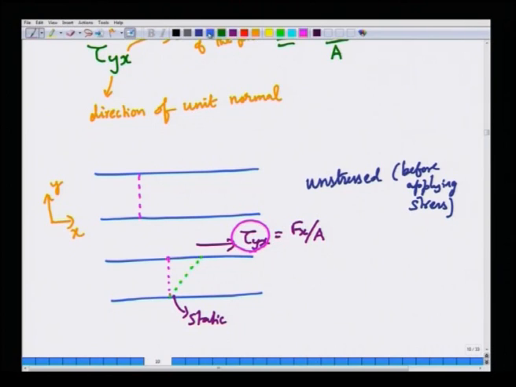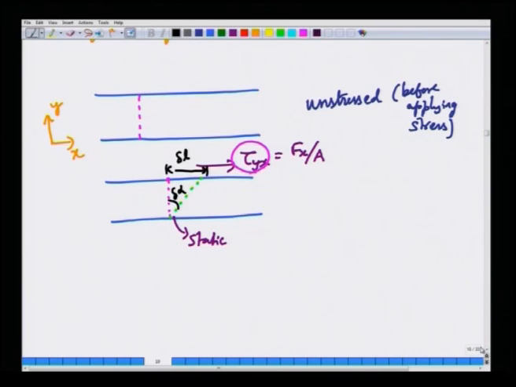So, if we characterize the amount of deformation by either this length delta L or the angle delta alpha that the deformed line makes with the original line,